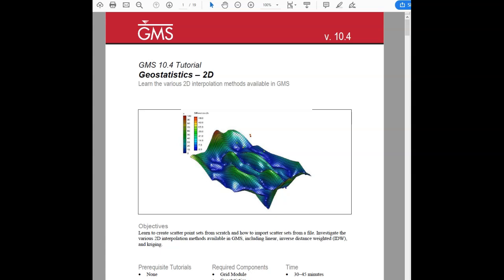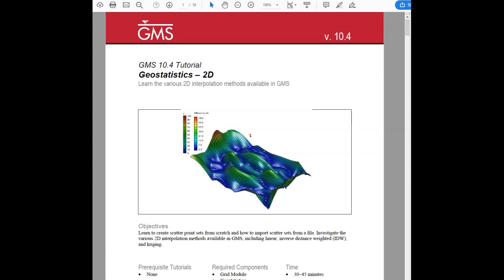And in some cases, you interpolate other things as well. You could have discrete measurements of hydraulic conductivity, for example, that you wish to interpolate over a grid. And we're going to see that later when we do pilot point interpolation to set up hydraulic conductivity as part of a calibration process. And so, to support this variety of applications, GMS has a 2D scatter point module, and